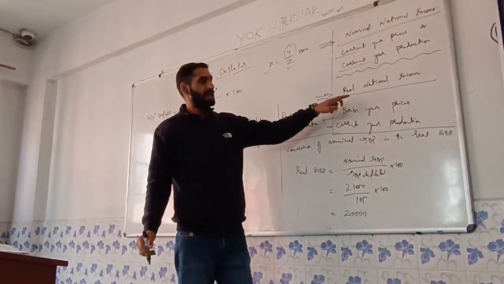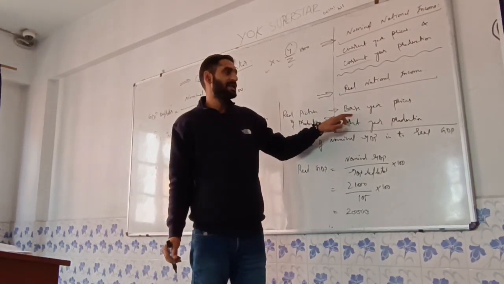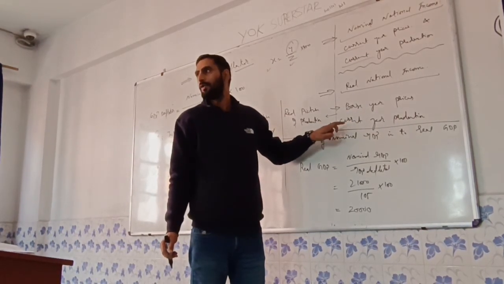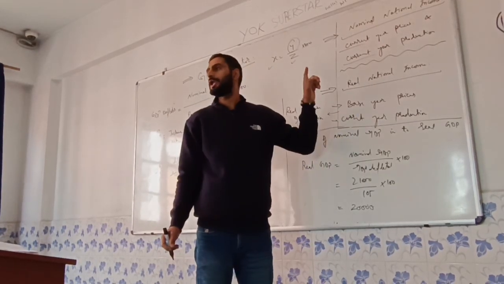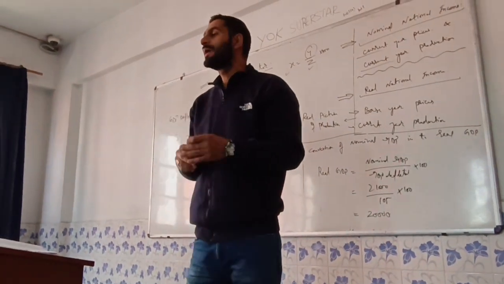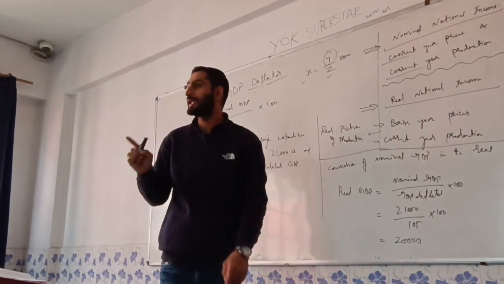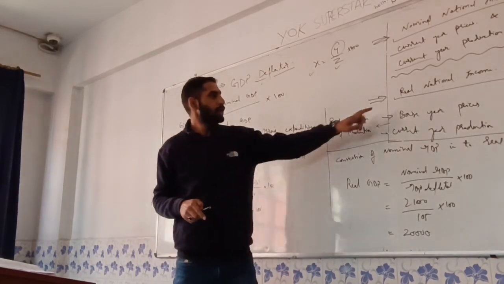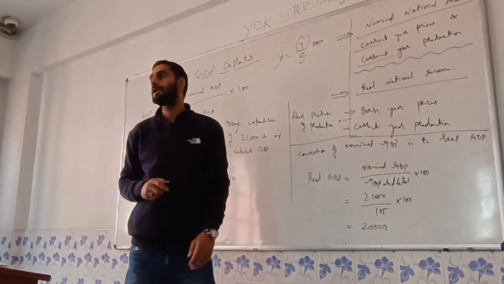When we talk about the real national income and only the current year production is taken into account, the base year prices do not have an effect on the current year production. We get the real picture of production only, and GDP is all about production, as the definition of national income goes by the final value of goods and services produced in an economy in a financial year. So that is why we take real national income and nominal national income into account.